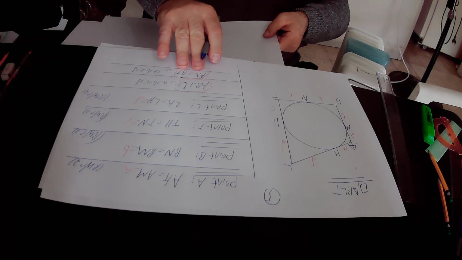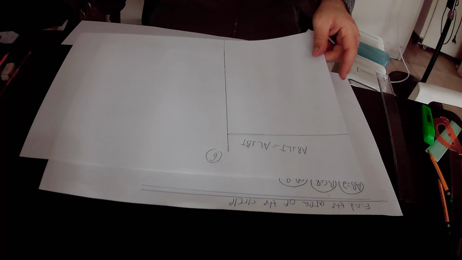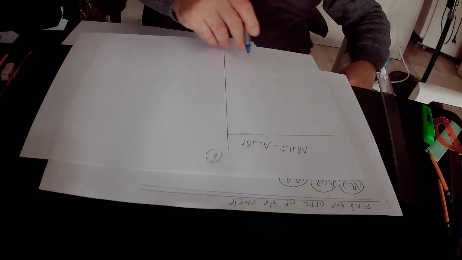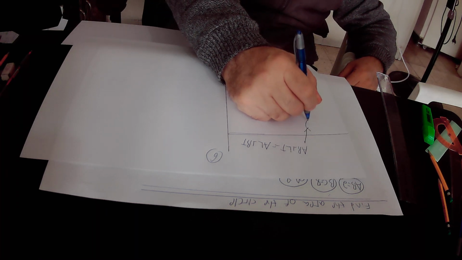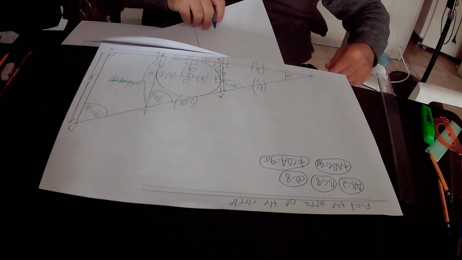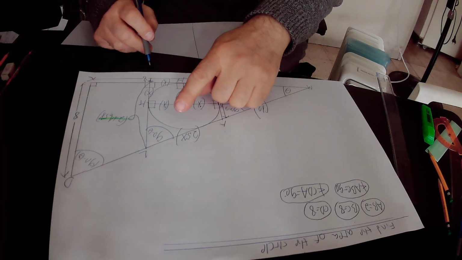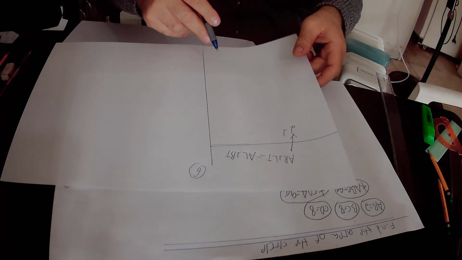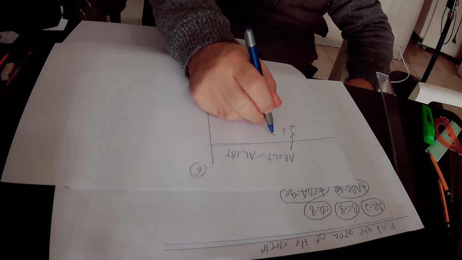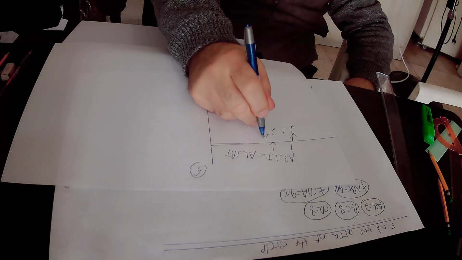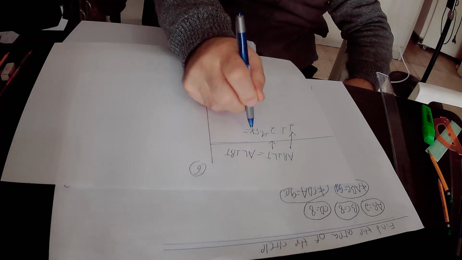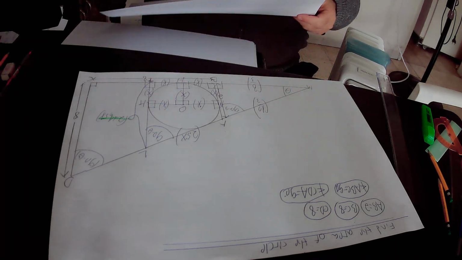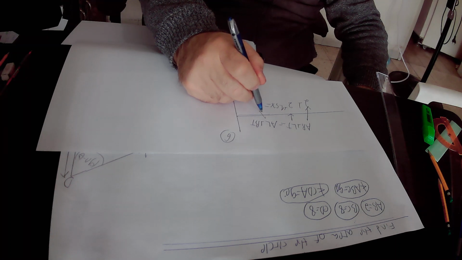Repeat again. Therefore, we found out that AB plus LT equals AL plus BT. AB is 2, so we substitute AB by 2 plus LT. We have already found out that the length of line segment LT is 2 plus 1.5x. Therefore, we substitute LT in this equation by 2 plus 1.5x, and it equals AL. Here AL is 2.5x, therefore we substitute AL here by 2.5x